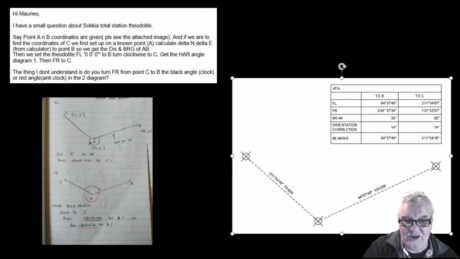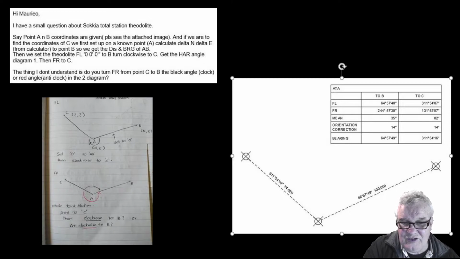244.57.30. And you can see that there's one I couldn't set 64.57.49 exactly, and there's a slight difference between the face left and face right in the seconds. Obviously the degrees will be 180 different. So then I take the mean of the minutes and the seconds. So 57.40, 57.30. The mean would be